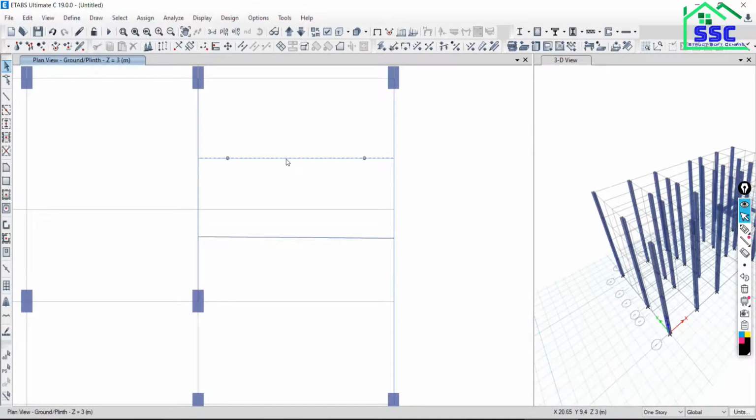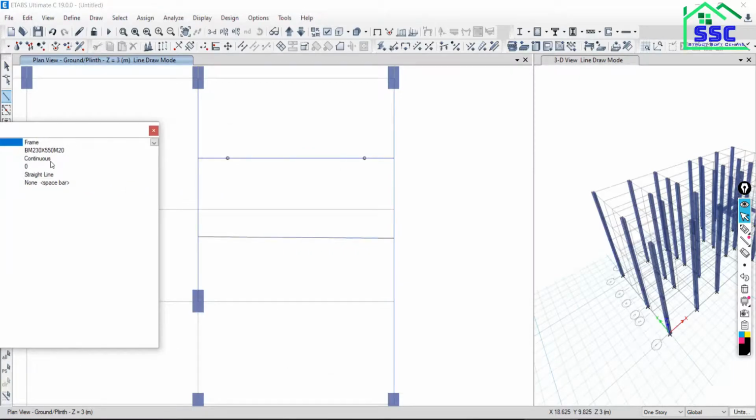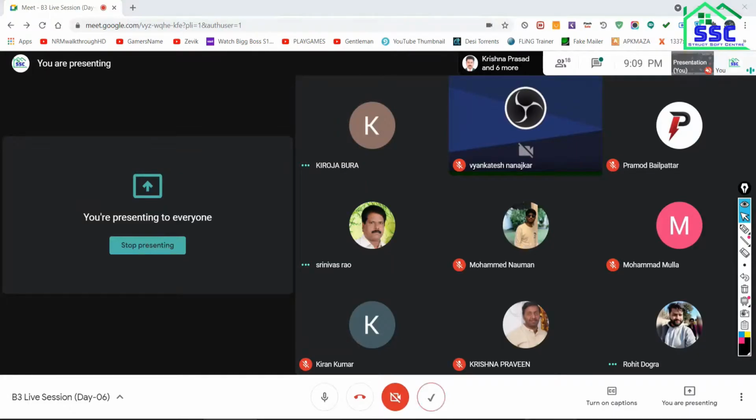Look, have I assigned a release here? I have not assigned it, but I have chosen the option pin joint. That's why by default it is going to model as a simply supported beam with the end moment release. Is that okay?